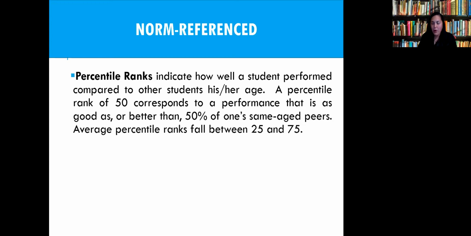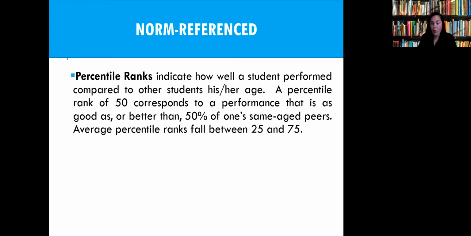You'll hear or read in reports where it says, this student performed in the 50th percentile rank. Okay, well, what does that mean? Is that a 50s and Fs? Did they do very poorly? What does that mean in the grand scheme of what I need to know? Or in the 91st percentile, 3rd percentile, what does that mean? For the 50th, to give you an example, it just means that this individual was as good or better than 50% of same age peers.